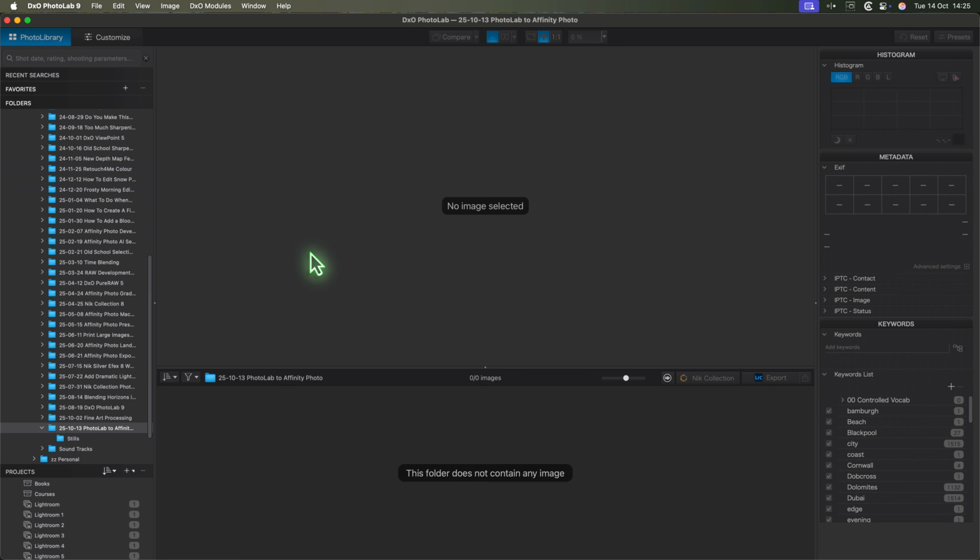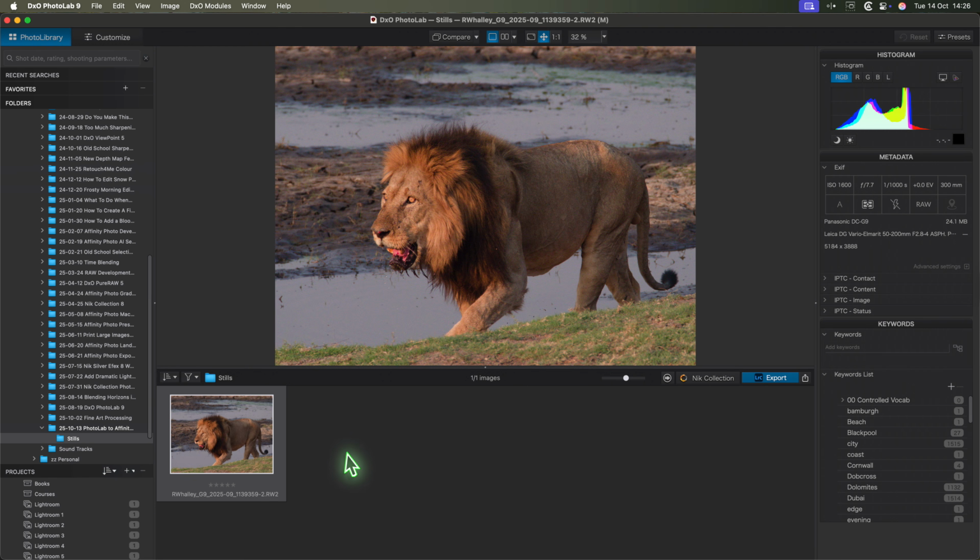If you're using an older version of PhotoLab, you'll still be able to follow most of this workflow. One of the great features of PhotoLab is that it allows you to browse the folders and images on your hard drive. There's no need to import them to a catalog file first. When PhotoLab finds a compatible image file, like this RAW file, it stores the details in its cache for fast